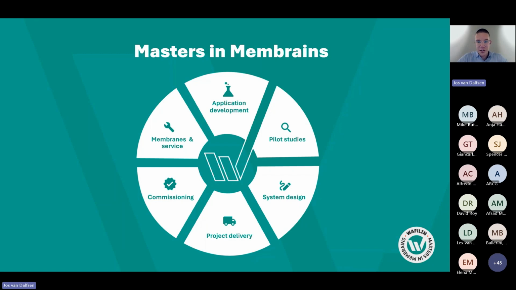So we have process engineers and mechanical engineers in-house who do the process design and mechanical design up to the working drawings. We outsource the manufacturing of skids, but we are in charge of integrating them, commissioning them on site with the customer, and monitoring and servicing those systems after they have been installed and are up and running.